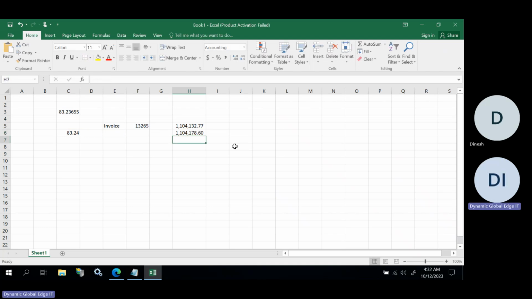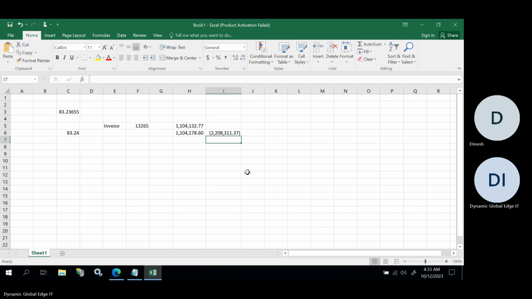Here you can see 11 lakhs 4,132. Here also 11 lakhs 4,178.62. Why? Because here, if you can see,